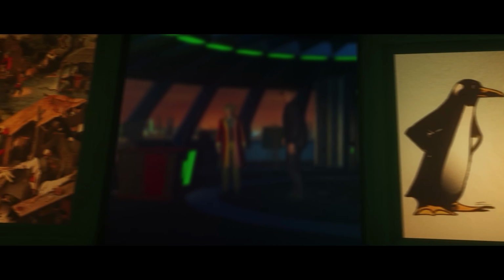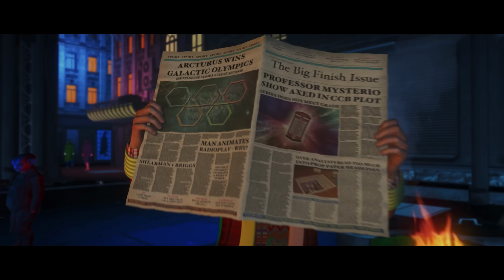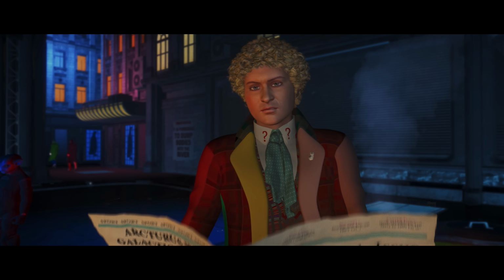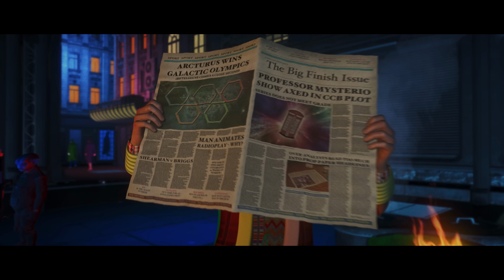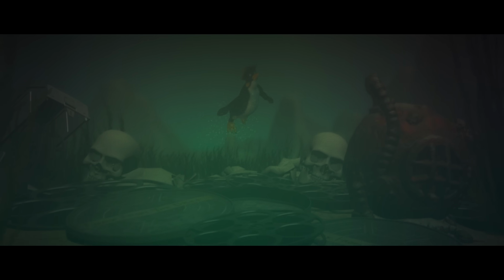The Easter eggs were a lot of fun, almost too much fun actually, as they turned out to be quite time consuming sometimes. I actually have two favourites. The first is the newspaper, which Frobisher is reading in the street. It's well worth pausing on. One of the headlines says, "Man animates radio play, why?" And the other is later on in the film, Frobisher is swimming underwater and he passes a film canister labelled Fury from the Deep. It had to be done.